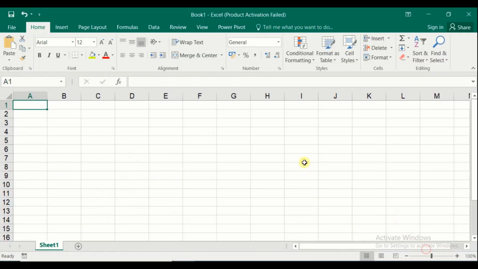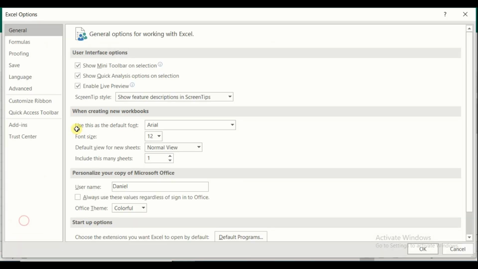Before that, let's see the horizontal and vertical bars. This is the vertical bar and this is the horizontal bar, and this is called the sheet tabs. When we uncheck the box, the horizontal, vertical and sheet tabs will be removed.